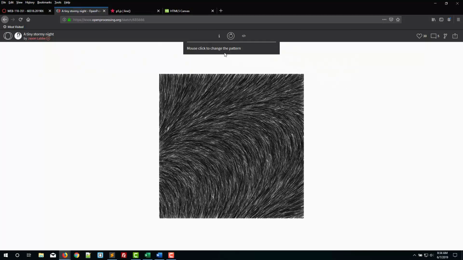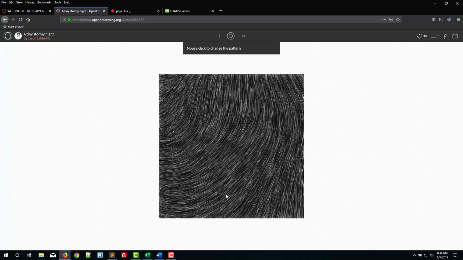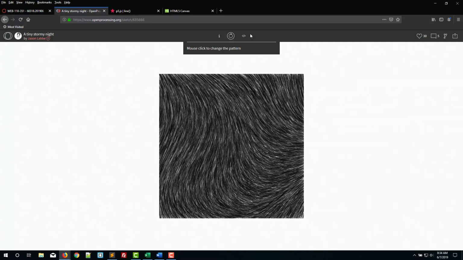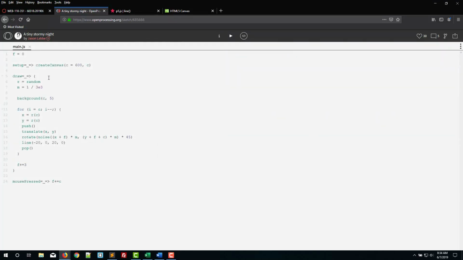This is mouse click to change the pattern. So this is going to be based off of mouse click events. So here they're creating their canvas, and then they're translating and rotating. Part of why I wanted to bring this up too is your textbook is going to take a look